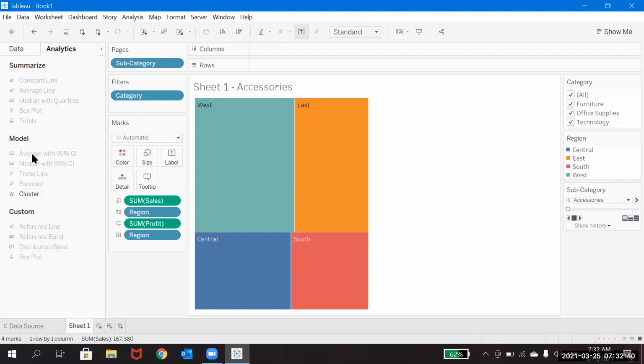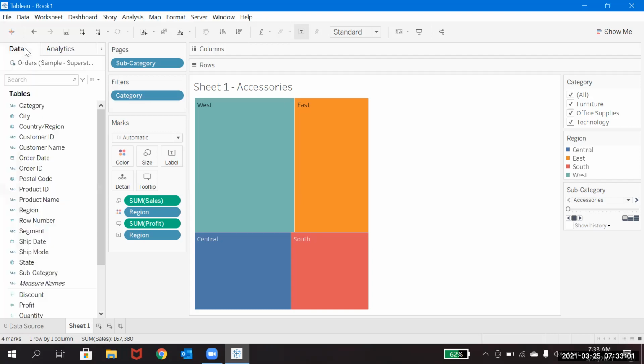This is something like a little statistical calculation: average, median, all these things. And this will help us do predictive analysis. Now we'll go to these options.